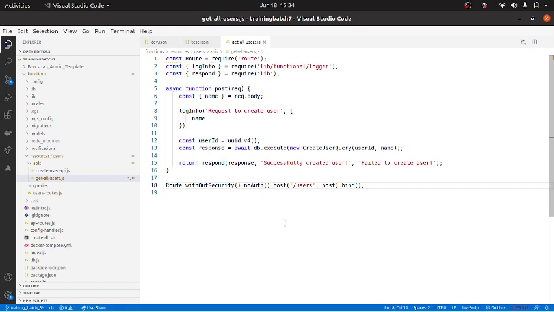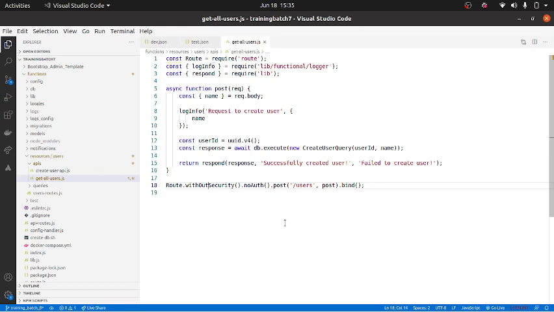Essentially all the users in our system can access this URL /users, and we are also saying without security. When I say with security, we basically use a JWT token to secure our APIs. Only after you log in and authenticate will you get a JWT token, and for all the APIs you need to pass the token.